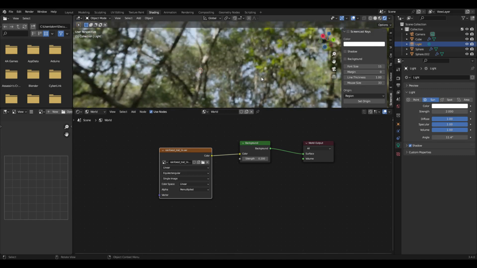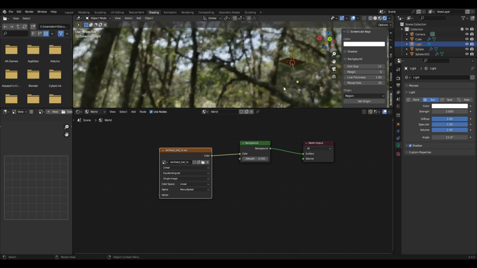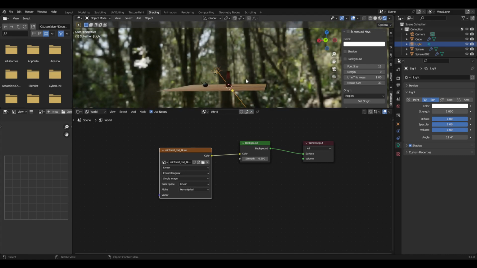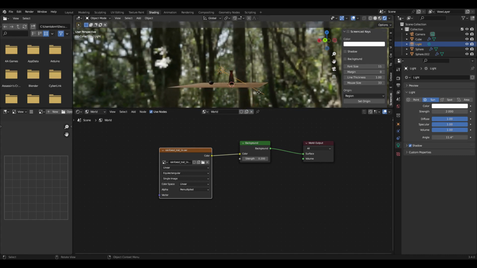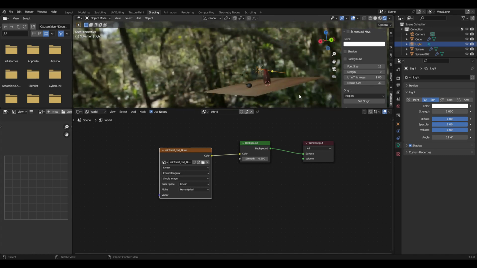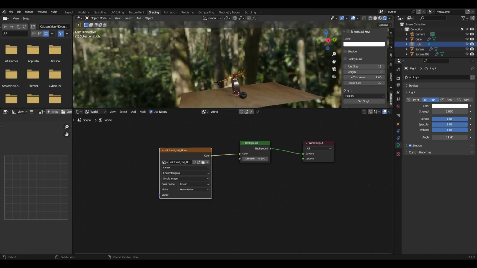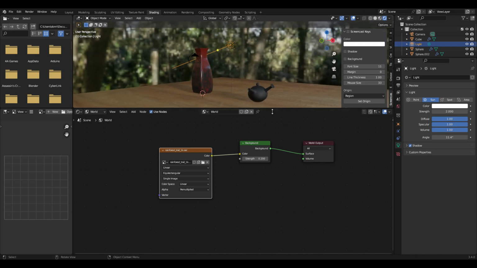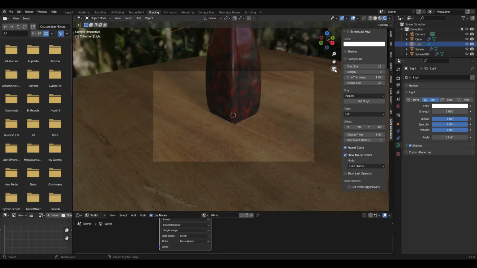Now the world, I want something in the background, so here I'm putting in an environment texture, and there you can read in an HDRI image. And here I grabbed one off of Polyhaven, threw it in the background, changed the light to a sun and oriented it like I wanted to, and then bring the camera in,